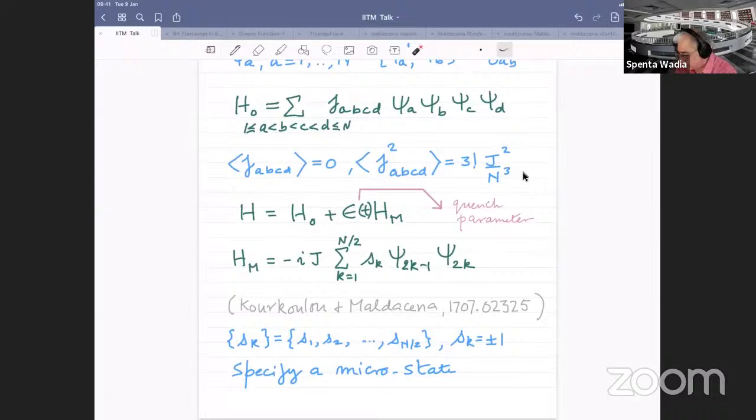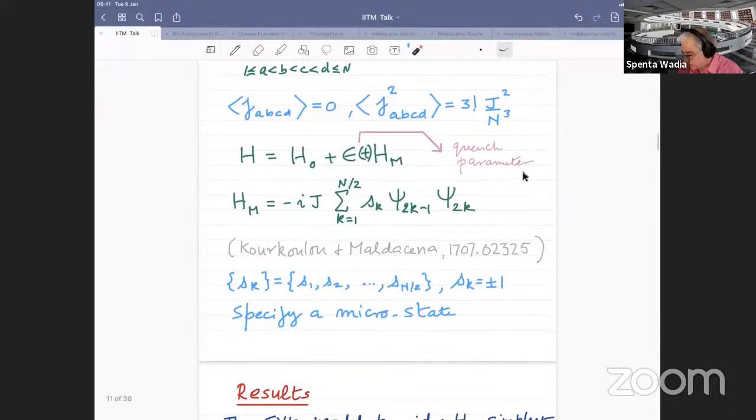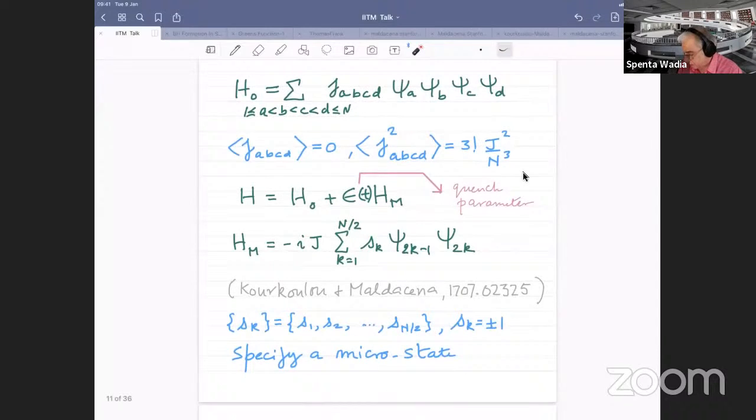And what we want to study is essentially a perturbation of that model with a very specific Hamiltonian, which was invented by Kourkoulou and Maldacena. And this operator is dimension one-half in the infrared because the fermions are dimension one-fourth. And so it's sort of relevant. And we want to study the dynamics of this Hamiltonian system for black hole formation and evaporation. Okay, so what is the Hilbert space? The Hilbert space of this model is very simple.